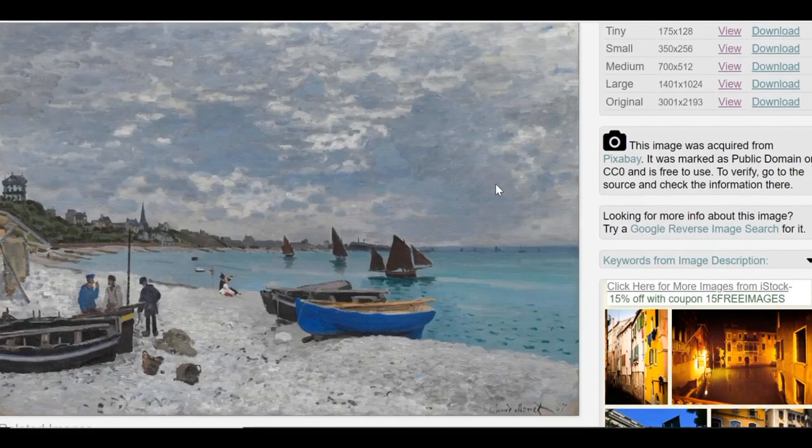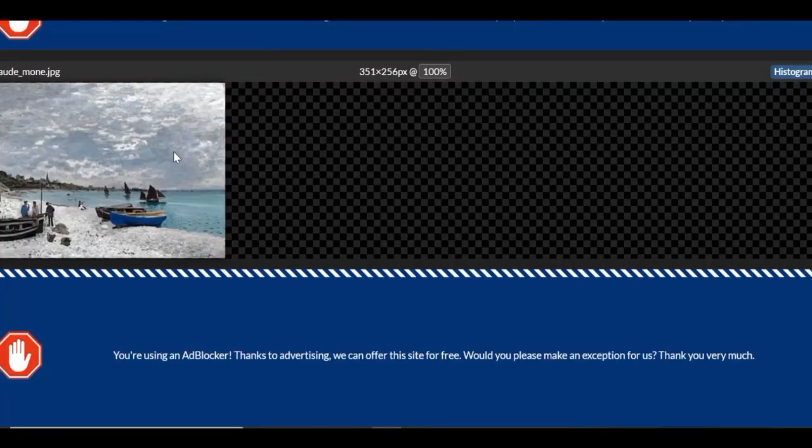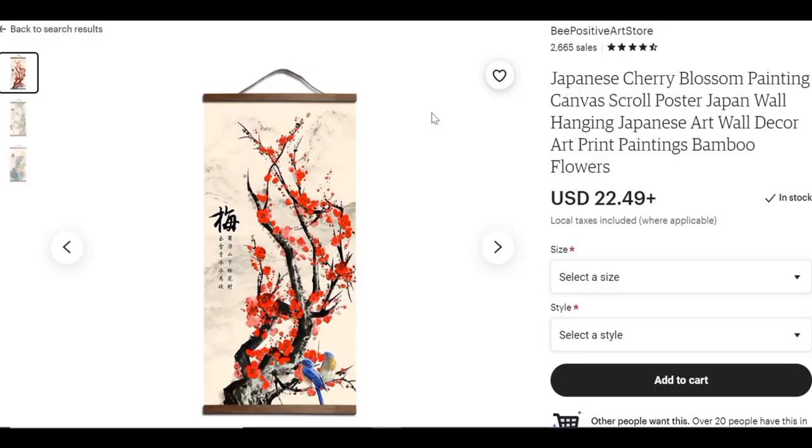What's up, guys? Do you know you can make money just uploading images like this? Just this kind of image. You just upload it, and the next thing I will show you is a website where you can enhance it to make the image brighter and better. Then you come to this website where you can sell it, something like this.